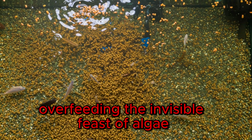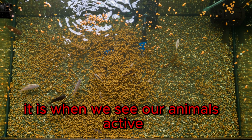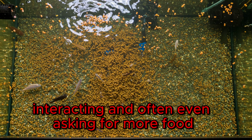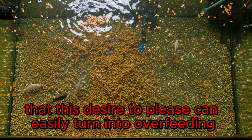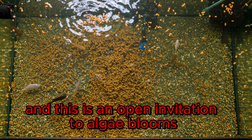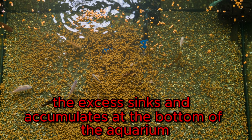Overfeeding, the invisible feast of algae. Feeding the fish is one of the most pleasurable moments for any aquarist. It is when we see our animals active, interacting, and often even asking for more food. The problem is that this desire to please can easily turn into overfeeding, and this is an open invitation to algal blooms. When you offer more feed than the fish can consume in 2 to 3 minutes, the excess sinks